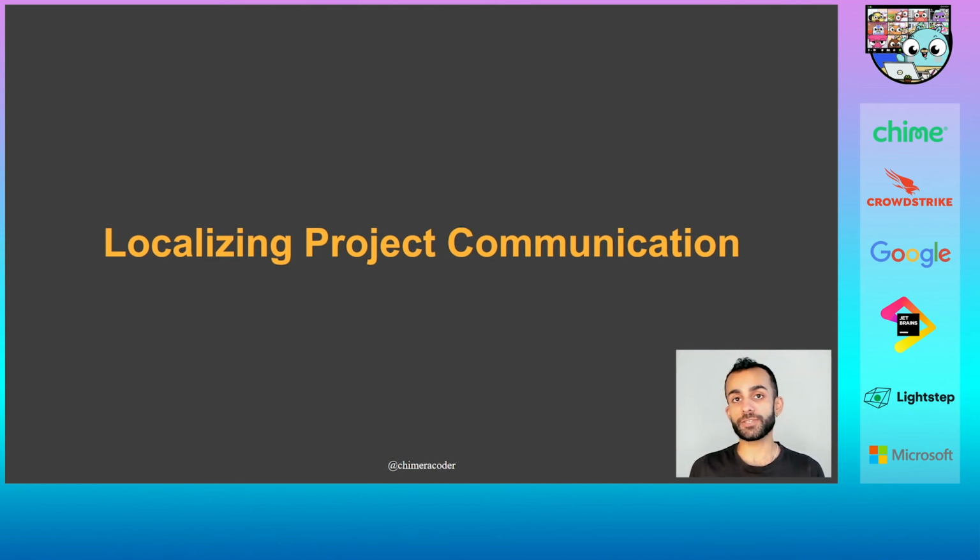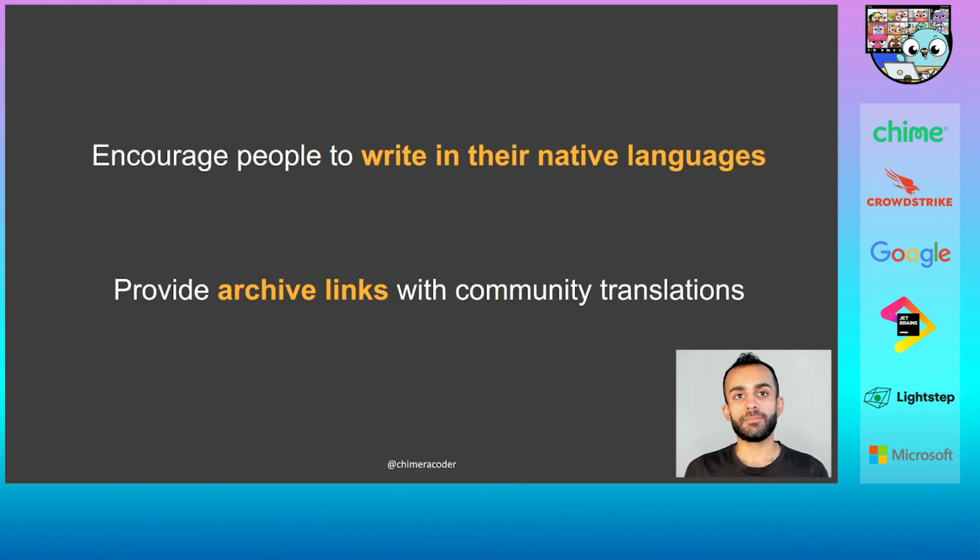Now, software development isn't just about writing the code. It's also about deciding what to write and how to write it. As a thought experiment, I'd encourage you to think about what it would look like to encourage people in your own open source projects to write in the language that they feel most comfortable expressing themselves in, even if that language is not English. And if that makes you uncomfortable, I'd take a moment to examine why. Why does it make us uncomfortable, as English speakers, to think about experiencing the same barrier in project communication that most people in the world would have to experience today if they wanted to contribute to and participate in the projects that we work on?